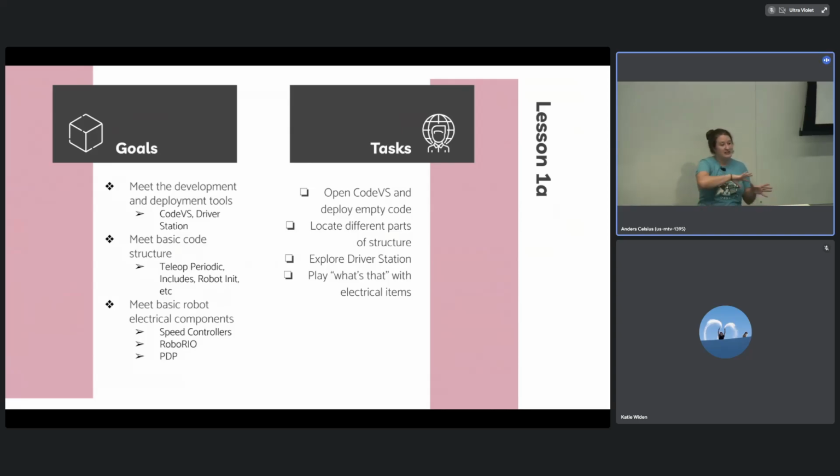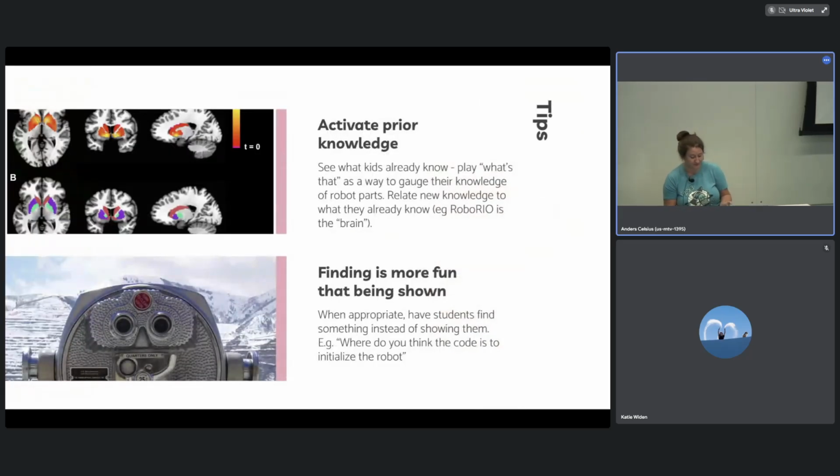And it's a really great way to teach them the different components of a robot if they don't know. But it's a game, even if it's the stupidest game in the world. And I can pull in older students, and we'll talk about why that's important.